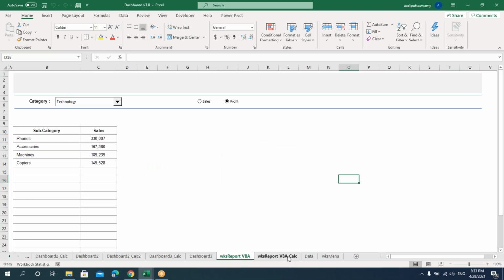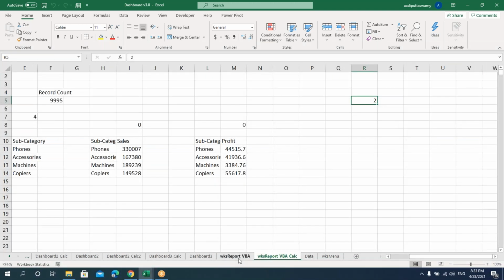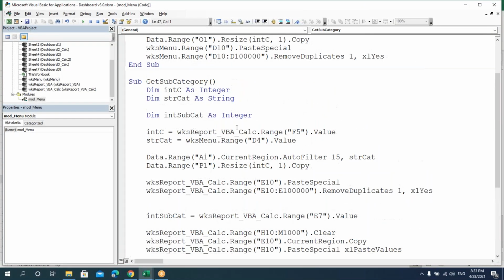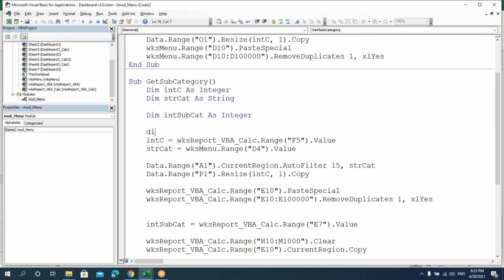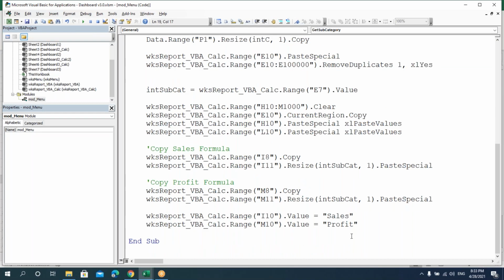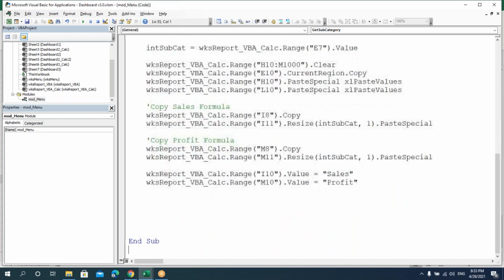Right. Now depending on this value, we'll try to update this value. Let's go back. Again in this code, I'll add one more variable. So whenever you're working on a code, you should keep checking that wherever I need to add the variables, you can keep adding it here. So I'll say int index as integer. Now let's scroll down. So after this copying and paste, here I'll take this index.